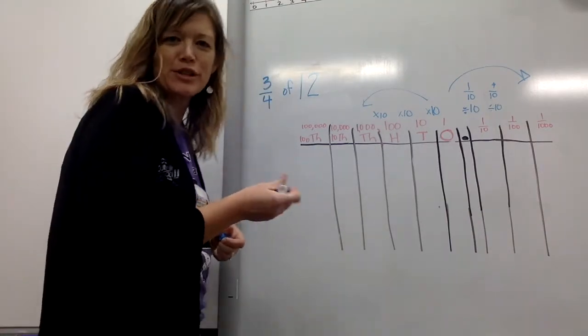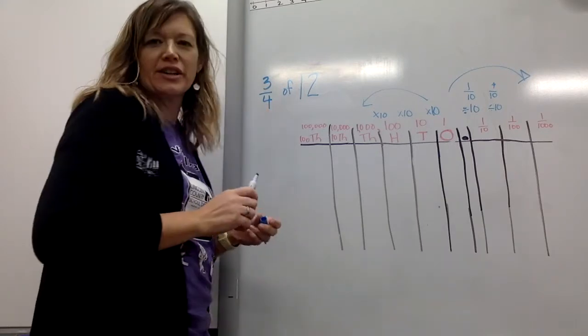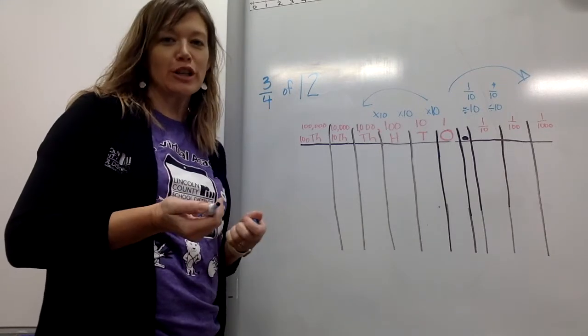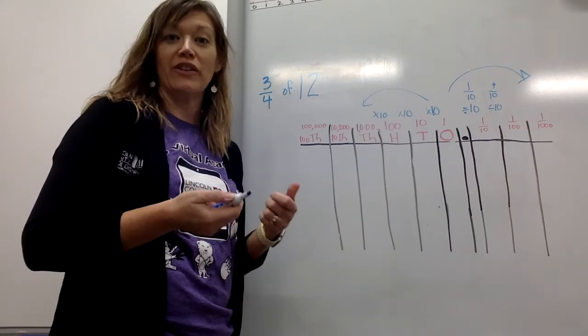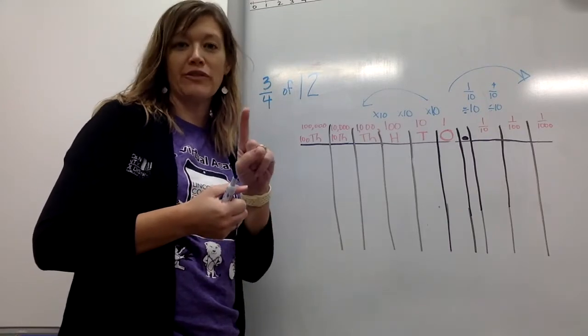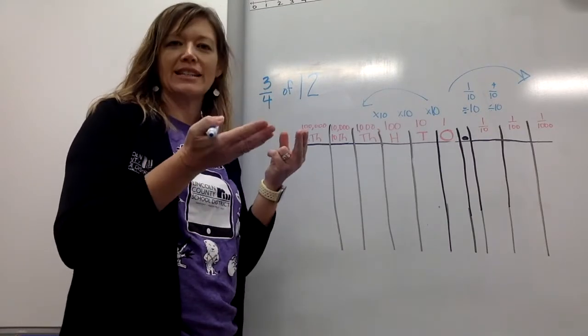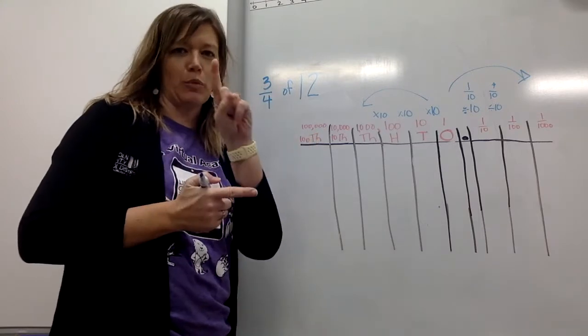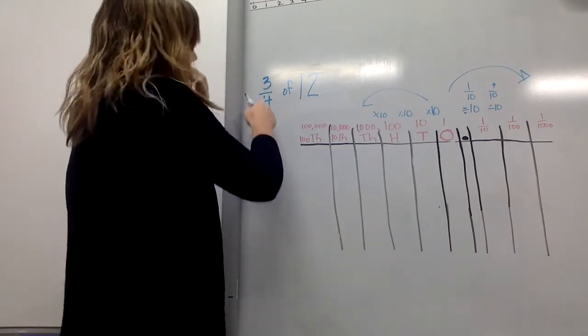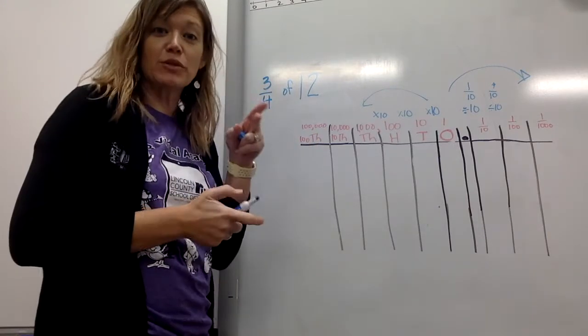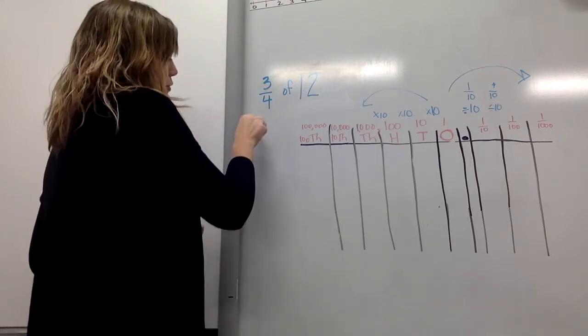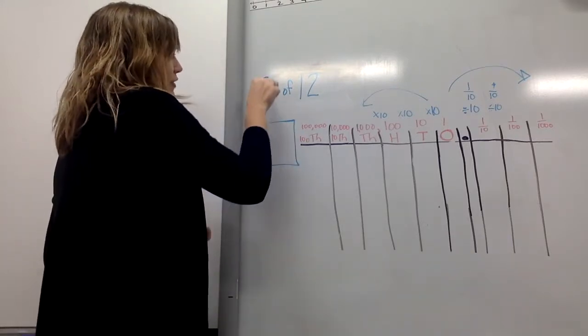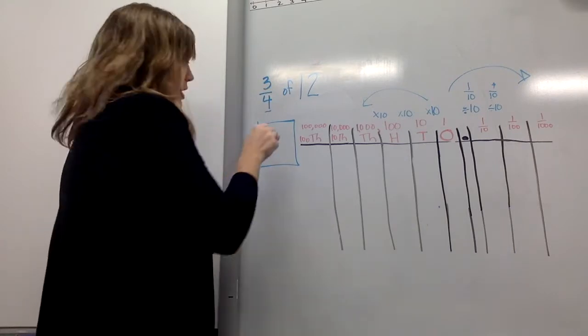What if I asked you, what is 3/4 of 12? Earlier we talked about 1/4 of 8, and we knew that 1/4 meant I divide that 8 into 4 equal parts, I get one of those parts. This is 3/4. So let's do another visual really quickly. I'm just going to draw a simple box here. If I divided it into 4 equal parts,